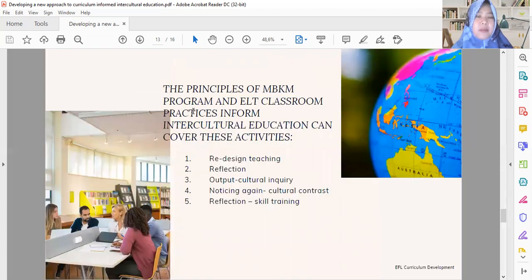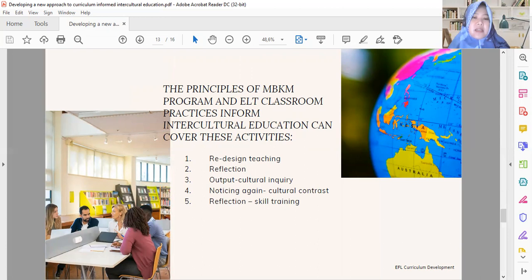All right, so practically the principles of the MBKM program in my institution and ELT classroom, informed by intercultural education, can cover these activities. So the first, we can redesign teaching, as what I suggested before.